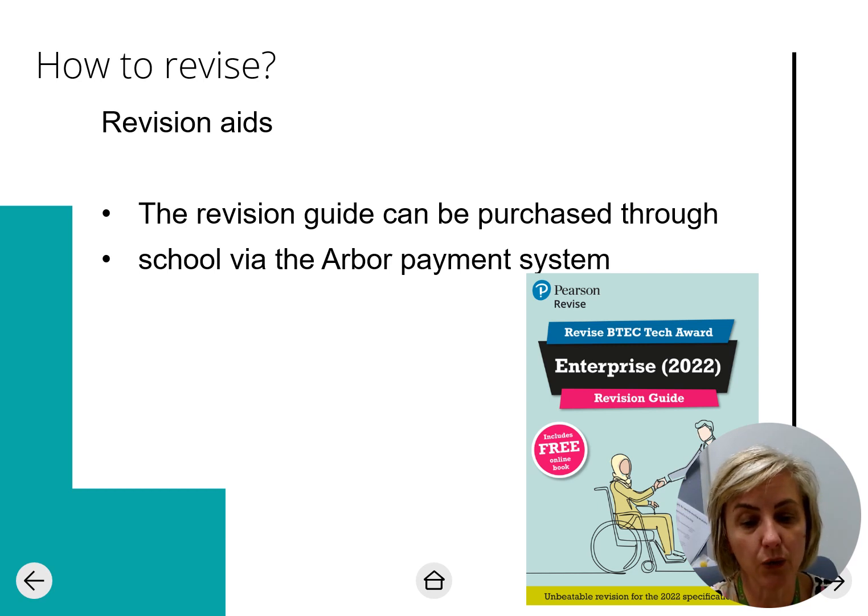So how can your child revise for that? Well, there are a few ways they can go about it. We've got the excellent revision guide that is available to purchase through the school, or indeed other platforms you can buy that through, but it's a basis of all the knowledge that they need to have for the exam. I would suggest that you'd probably get a high level 2 pass, maybe a level 2 merit, if you knew everything in the book.